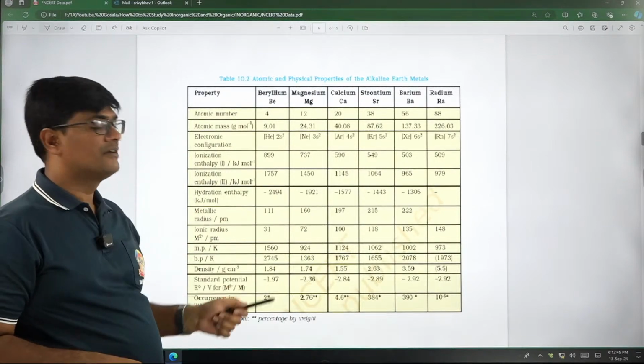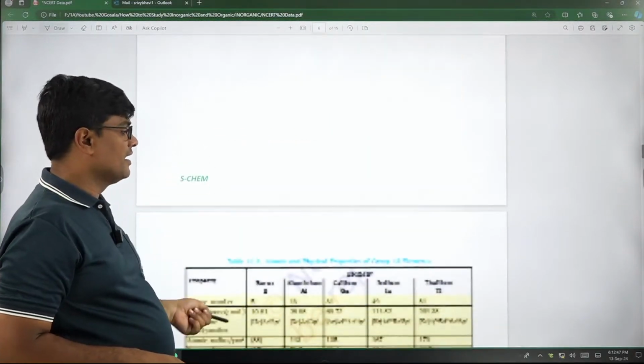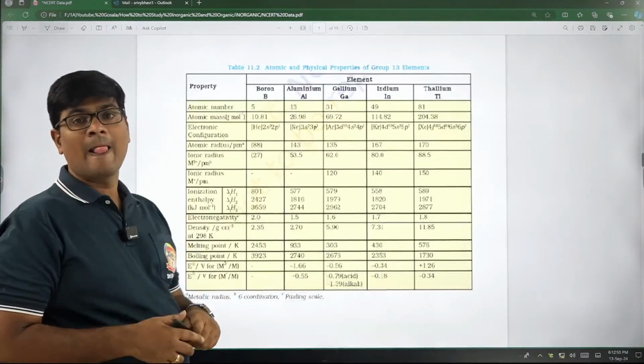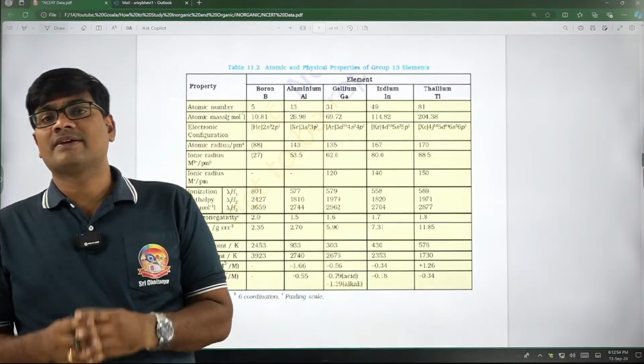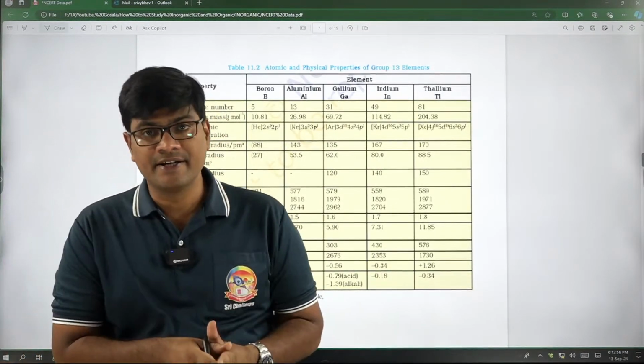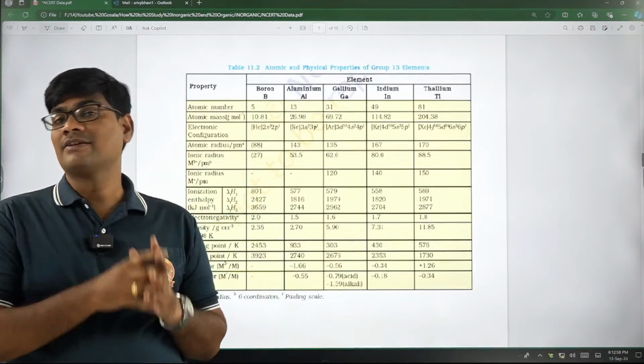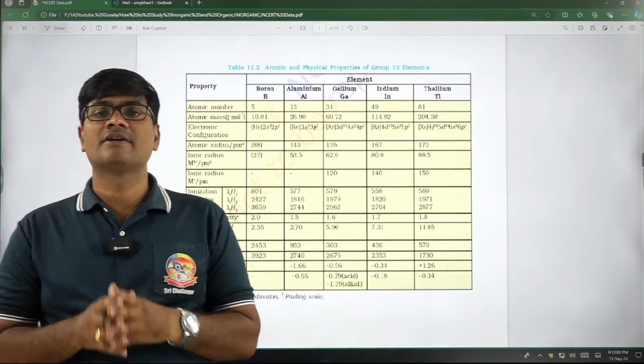Same story we are going to get. And then after that, again we have the next group, that is P block. In P block, we know in case of radius we have an important exception. This exception is not extensively studied in the periodic table chapter of 11th class, but it is studied in the P